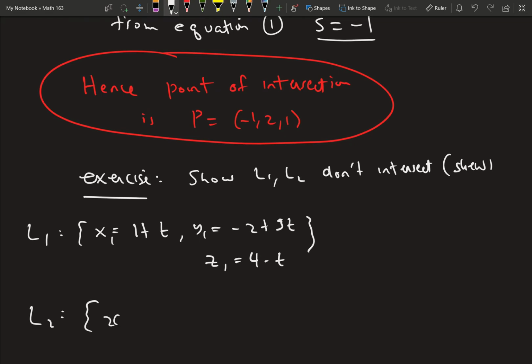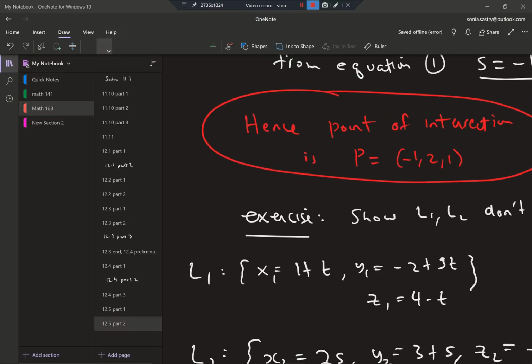For line 2, we have x2 being 2s, y2 being 3 plus s, and z2 being negative 3 plus 4s. Okay, so we will do this exercise, and then we're going to move to planes in the next